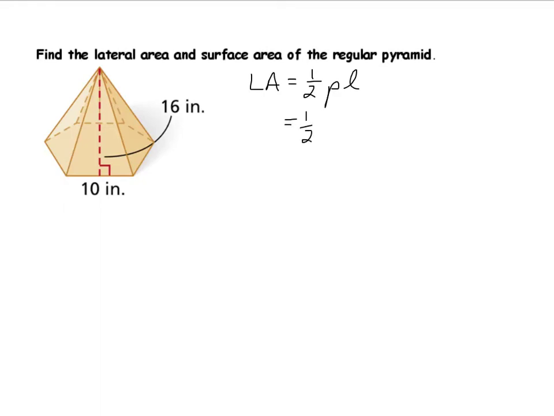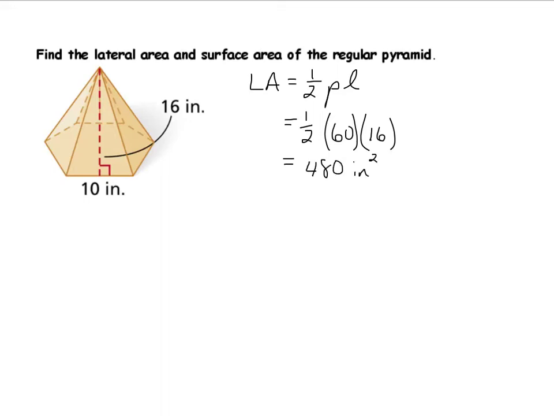So I've got 1/2. Talking about perimeter, since I've got 6 sides, and each base edge is 10, our perimeter is going to be 60 inches. Then the slant height, if I take a look, I notice from the vertex to the midpoint of the base edge, that's 16 units. So that's going to be my slant height. So if I take 1/2 of 60 times 16, I'll end up getting 480, and we're talking about lateral area,